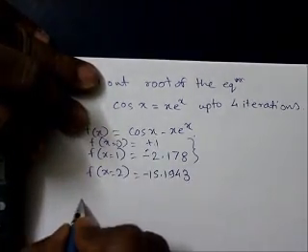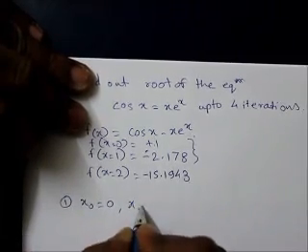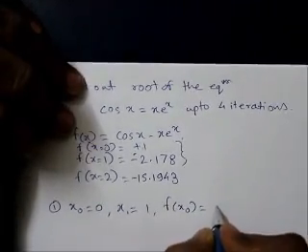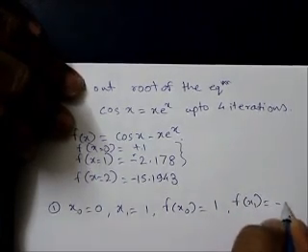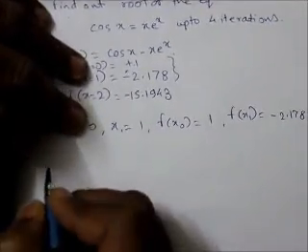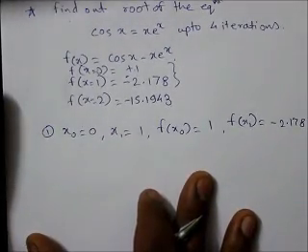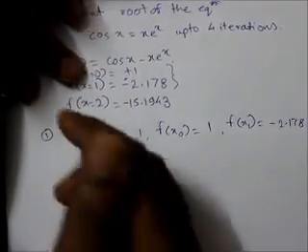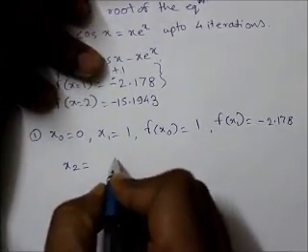Alright, so let's go with the first one. x0 is equal to 0, x1 is 1, f(x0) was positive 1, f(x1) was negative 2.178. Okay, so x2, which is our first iteration, that is going to be